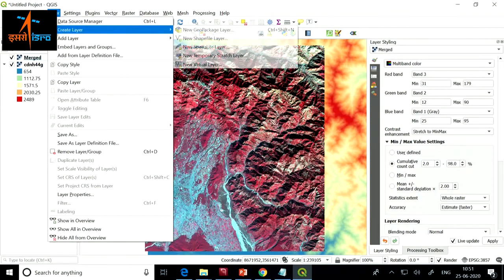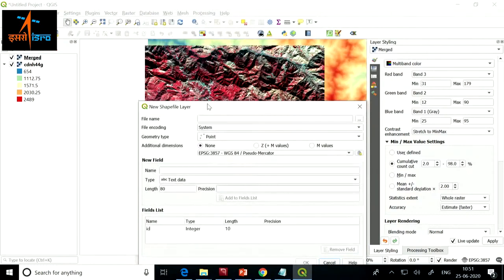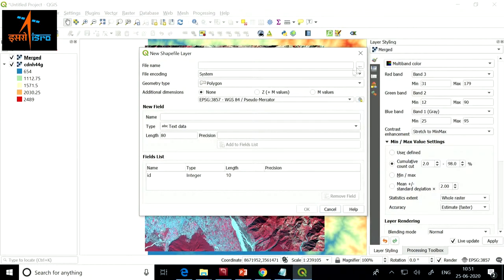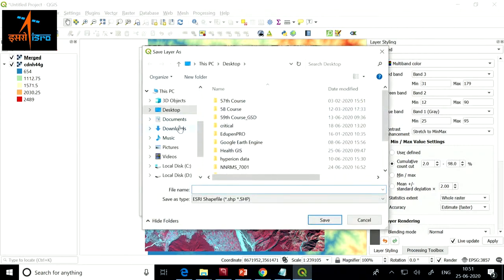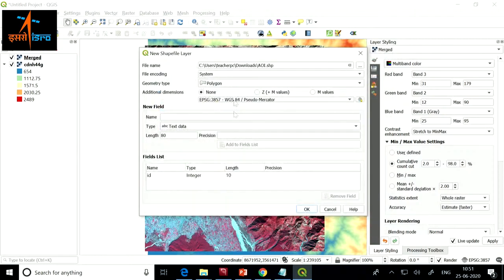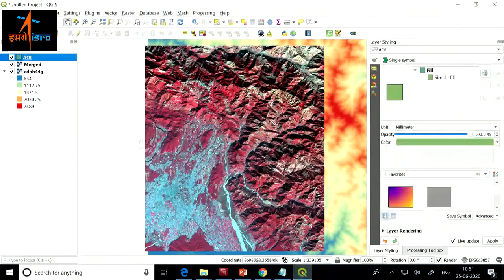So we'll go to layer, create layer, and there is an option which says new shapefile layer. We'll create a polygon file, and let me call it AOI, which is area of interest, aoi.shp, and then click on OK.